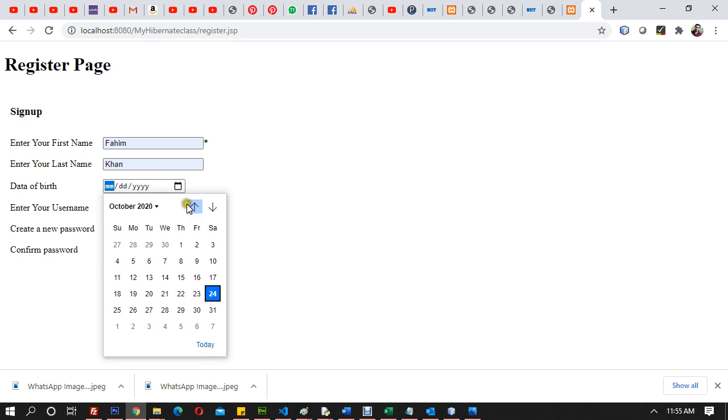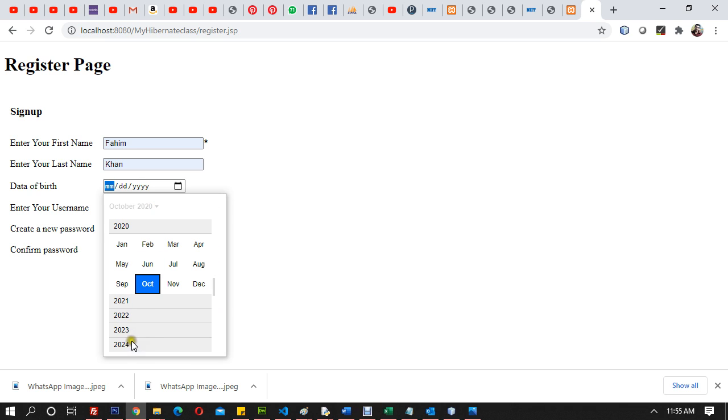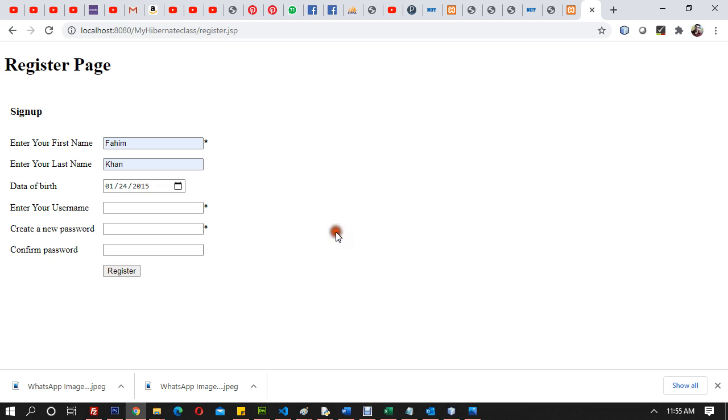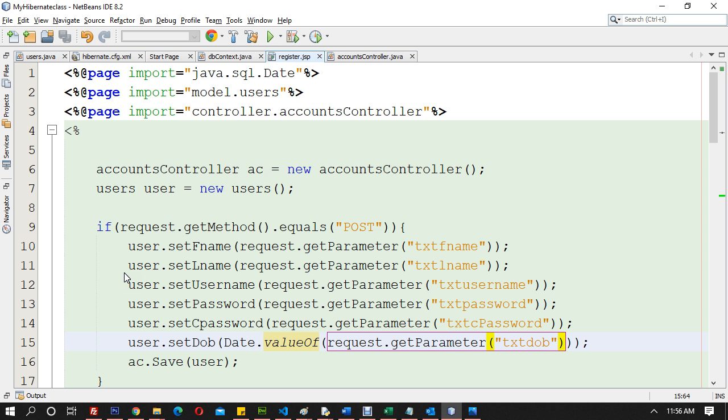So let me choose the date of birth. I will choose some date of birth. So I'll say Fahim Khan. Password is pass and password is pass. So we still have an exception. That is where